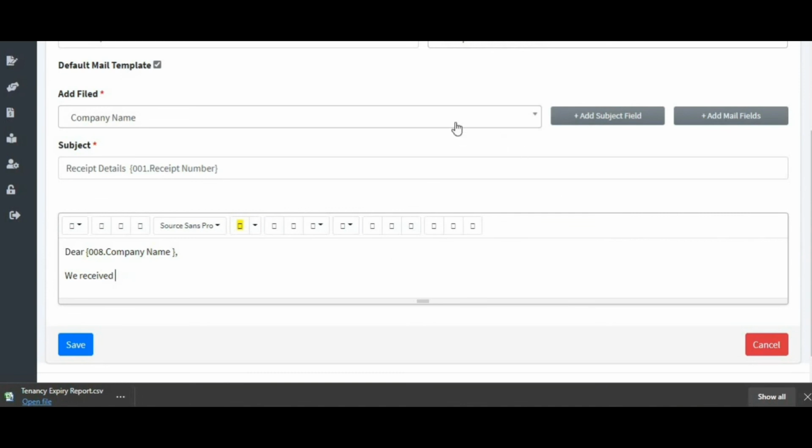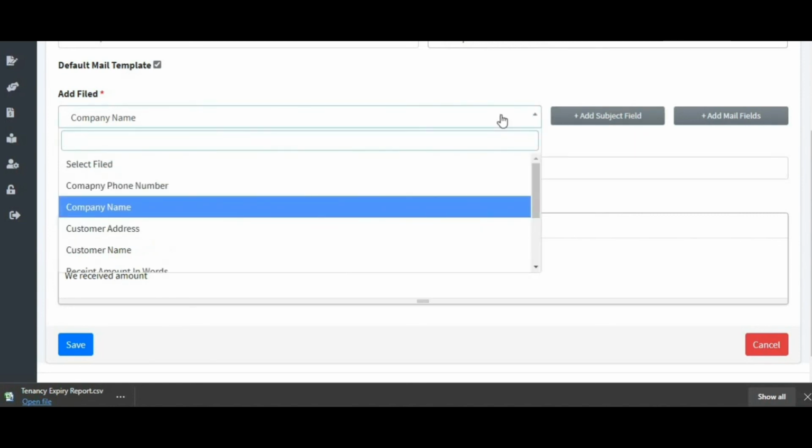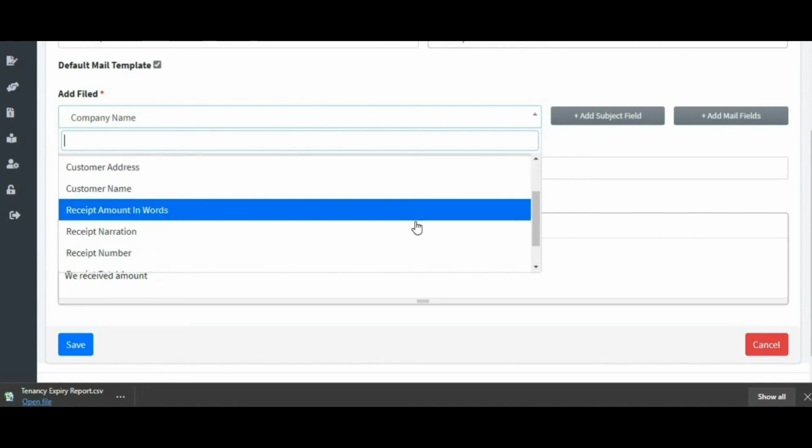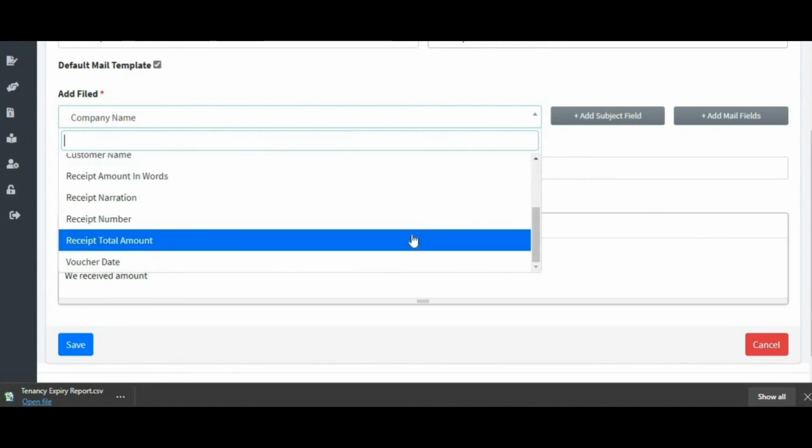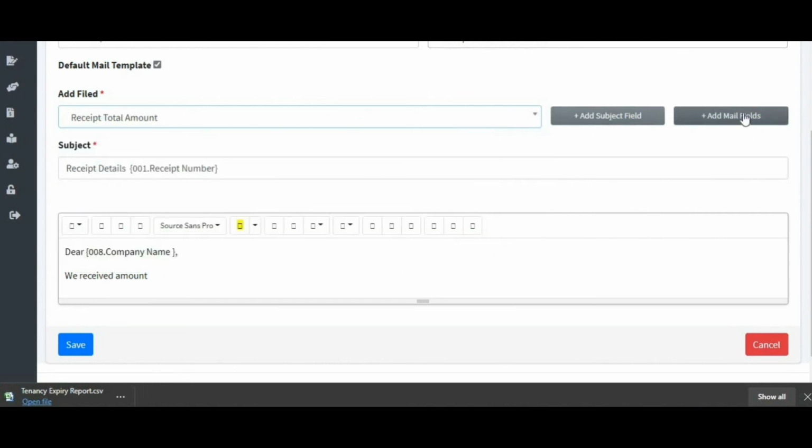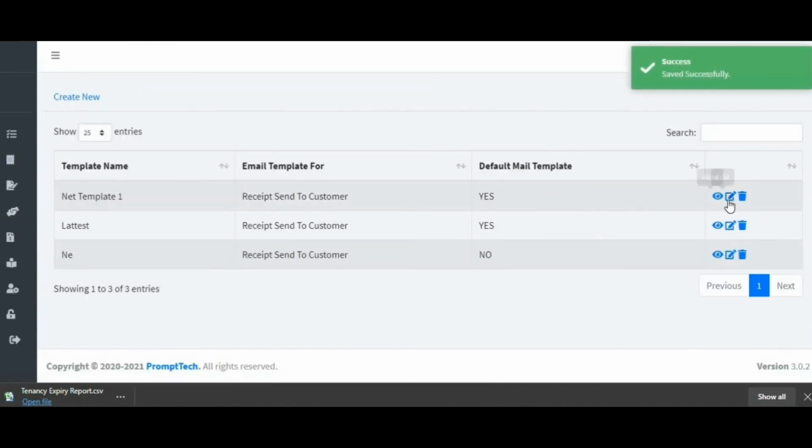Currently we have made only this email template for sending back the receipts and all, but this can be customized as per the client's requirement into sending a particular template to a person when his renewing contract is due. You want to send a mail to the tenant that his renew date is coming in. You can use this software for that as well, and it can be customized.